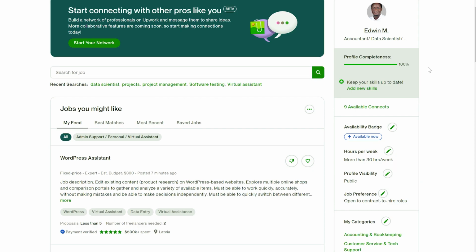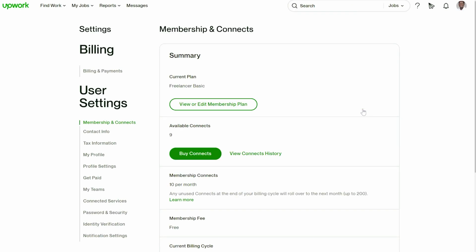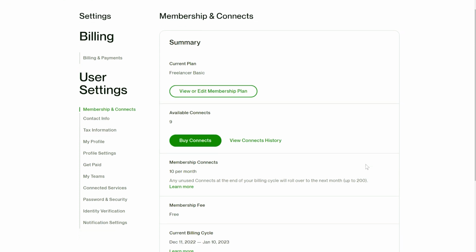To get Upwork Connects, you can just go to where your Connects are. You'll probably have 40 or something. Click on Available Connects. And then it will bring you to Membership and Connects. So it will show you your available Connects, and then you can click on Buy More Connects if you want. You can see the history of your Connects and how the purchases have been. It will also show you your membership, which we can discuss at another time. But if you click on Buy Connects,